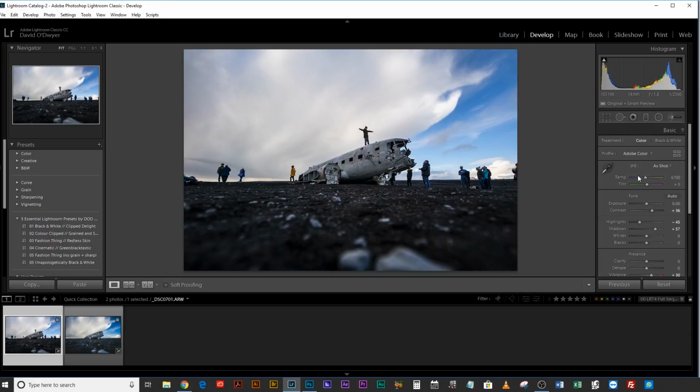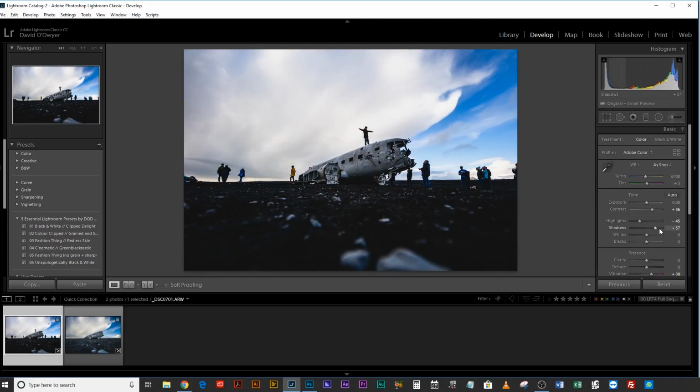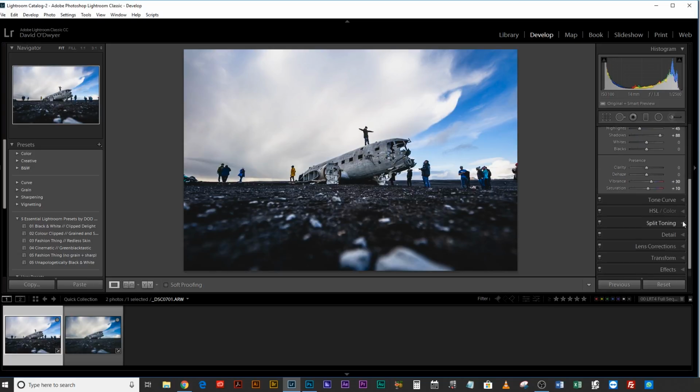Okay, cool, then hit K again. Let's go to the tone curve. Let's just do a little bit of a vintage tone curve edit on this. Okay, so now that's a little bit dark, so let's just pop that shadow back up a tiny bit, maybe decrease that contrast a touch as well. Cool. Then we're just gonna come into split toning and I'm gonna add 60 in the highlights,